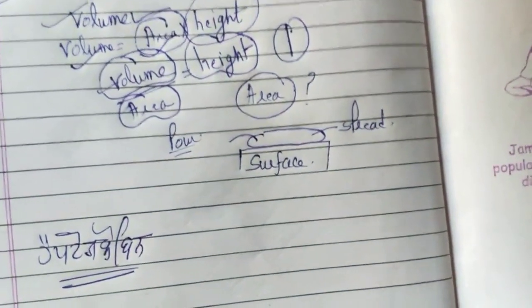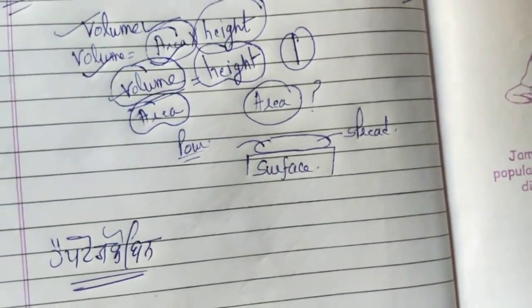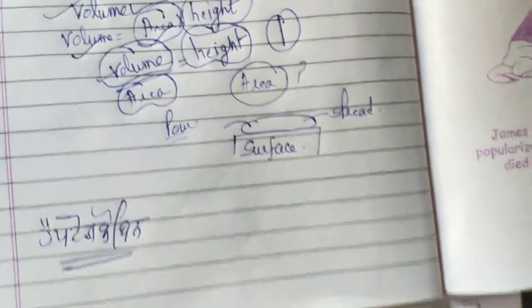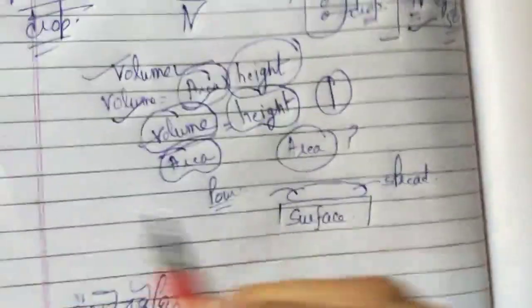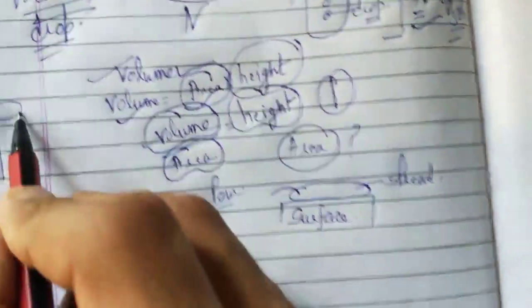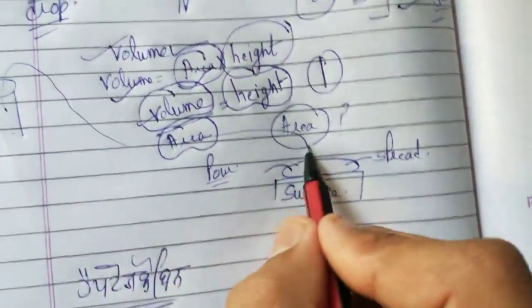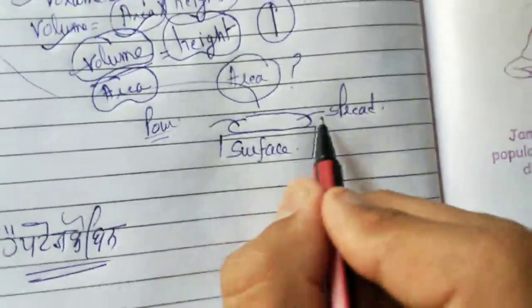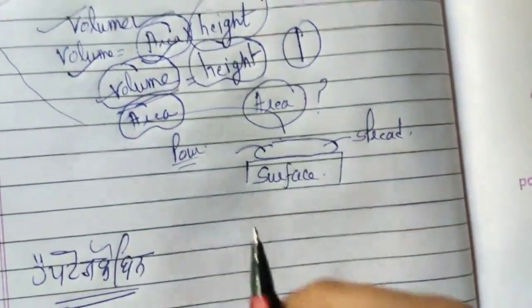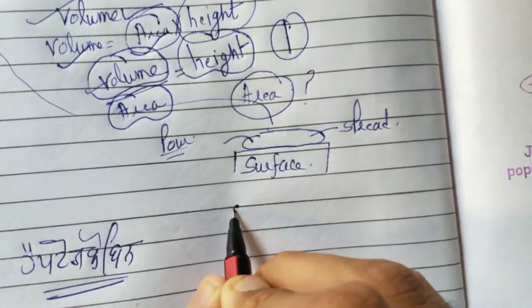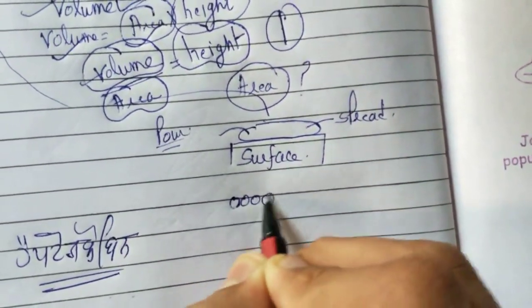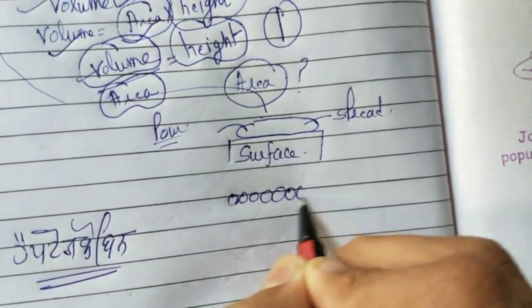We want to calculate the area of the volume of the molecule. We will pour the same liquid which we have placed in the pipette. We will pour some of the liquid on the surface. It is going to spread. How is it going to spread? That means it will form a layer of molecules like this.